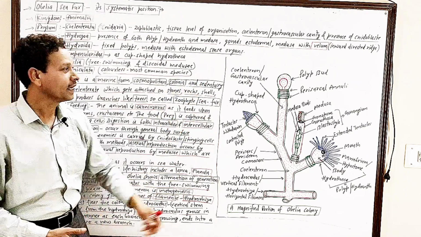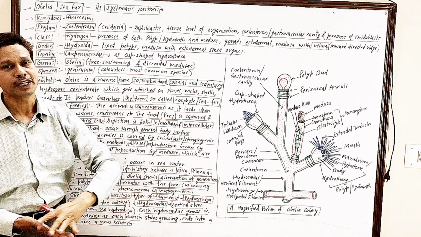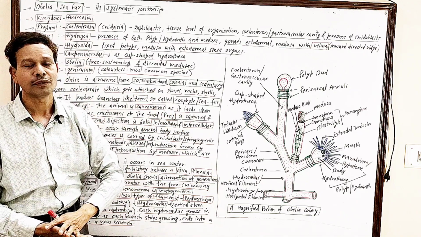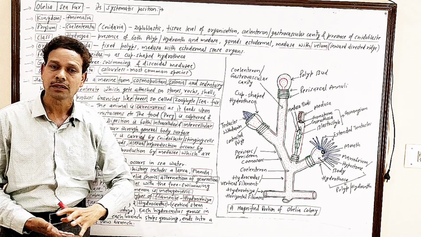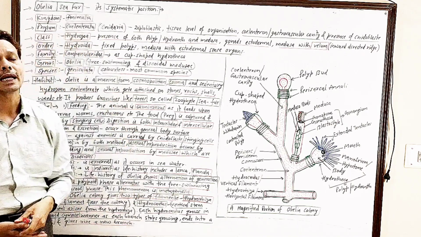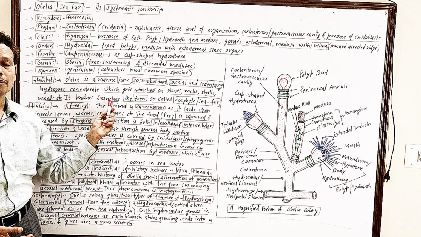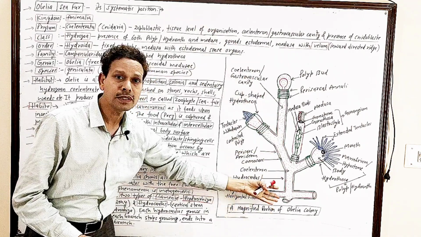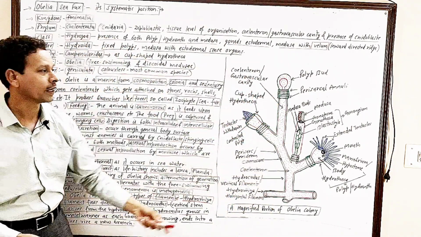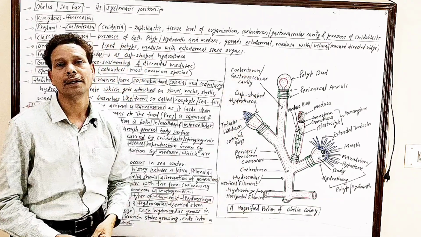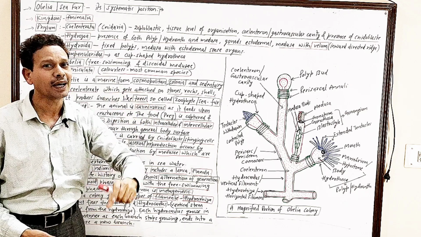Sedentary life. You see, children, this entire body gets attached with a solid substratum like a stone, like rocks or shell of mollusks. It produces branches, this entire colony gives rise to branches like trees. That's why it is a zoophyte. And we said, children, this Obelia is commonly named sea fir.